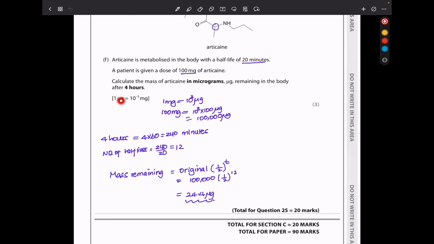They say 1 microgram is equal to 10 power negative 3 milligrams. So I began by converting the 100 milligrams into micrograms by multiplying by 1,000. I get 100,000 micrograms. Since the time is 4 hours, 4 hours is 4 times 60, which is 240 minutes. So for this, the number of half-lives is going to be 240 divided by the 20 minutes, which is going to be 12 half-lives. The mass remaining is going to be the original mass times half to the power of the number of half-lives. 100,000 times 1 over 2 power 12, which is 24.4 micrograms, and that is going to be the mass